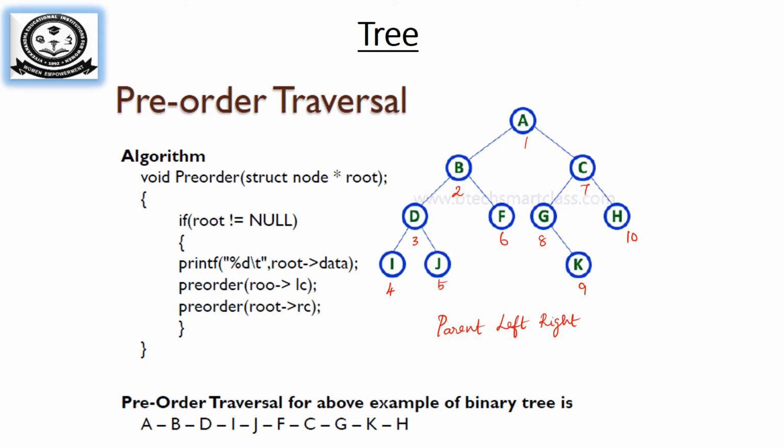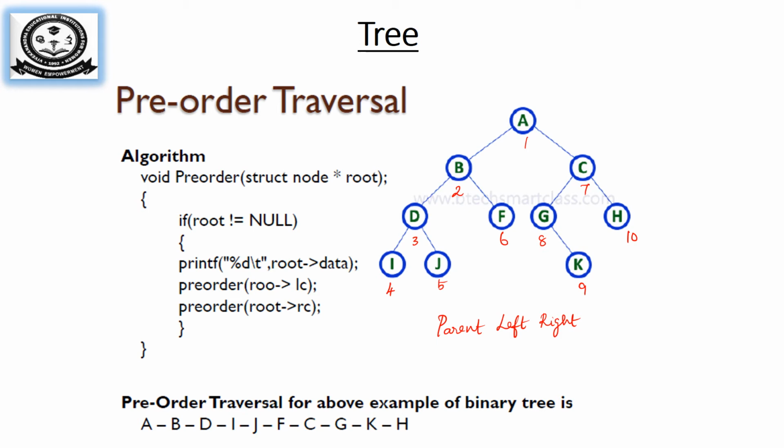Print the parent node, then the left child, then the right child. Now what happens is, when you are traveling from A, A will be printed. Then it comes to B. Again B is a parent node. Yes, B will be printed. Then it goes to the left side of B. Again D is a parent node. Yes, it prints D. Then it will print the left child I. Then the right child of D, J, is printed. So DIJ is the left child. It's over. Now the right child of B has to be printed. So F is printed. Now the left child of A is completely finished.